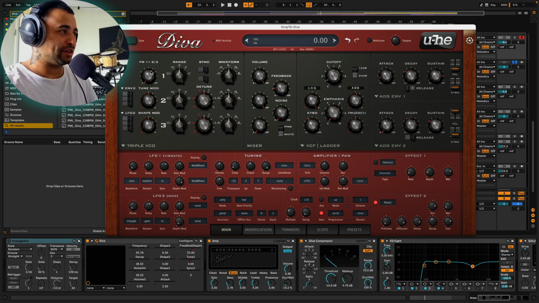So yeah, what we're doing here is we have this oscillator 1, this one here, and we're going to turn it down a little bit, to around here. This is going to be the main oscillator we're listening to, and then we're also going to have this second oscillator here, so you can see the volume's all the way up on this one. We're going to turn this one down just a bit, and then we're also going to pitch this one up here. So this is on a really high pitch, so we've got this kind of sound,